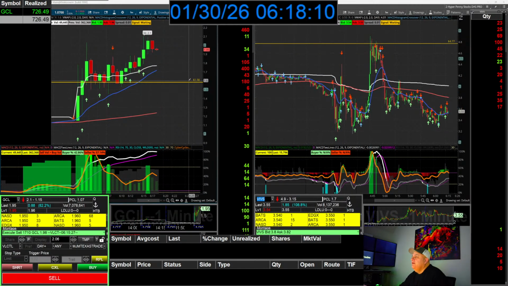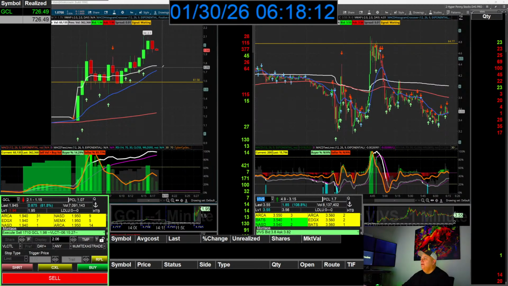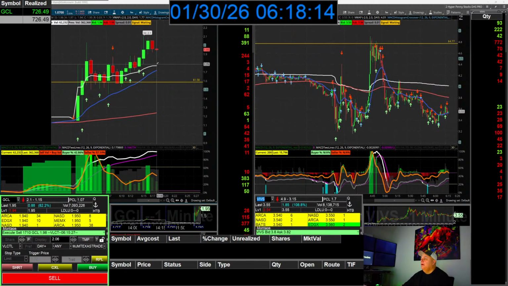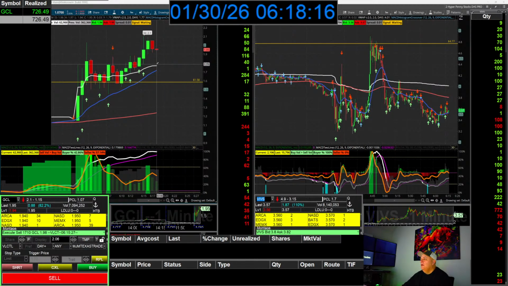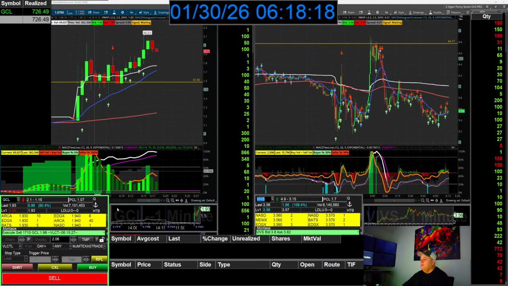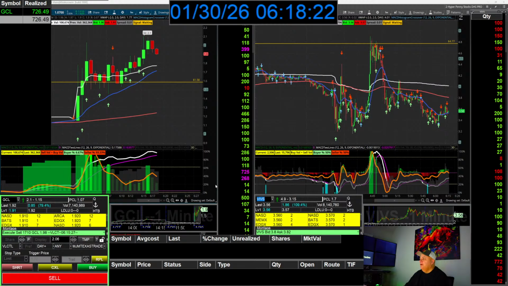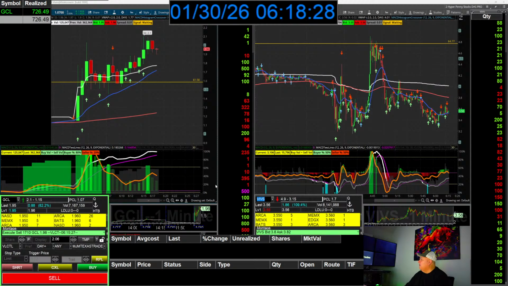So this thing's taking a dip. Let's see if it dips down to the VWAP. I don't want to go in right now. If it does take off, I might just jump in and try to catch a quick scalp, but I doubt it. I think this thing might be cooked. Well, I'm sorry, let's not be too hasty. I don't think it'd be cooked.